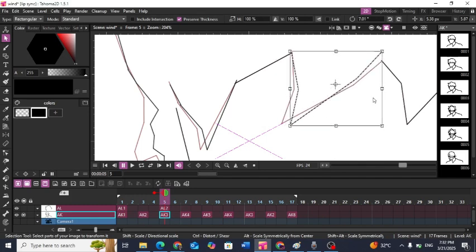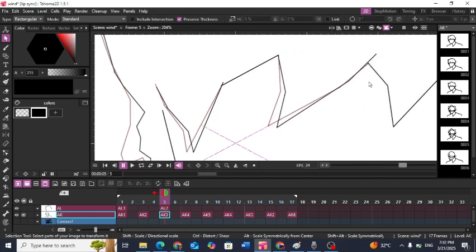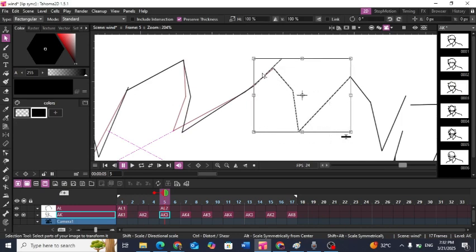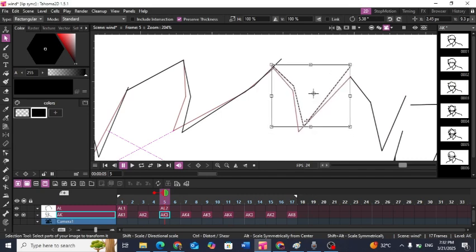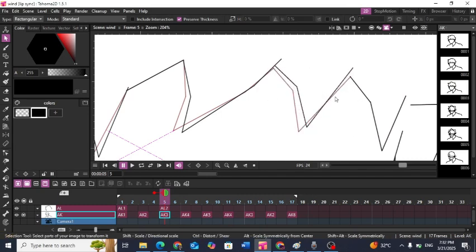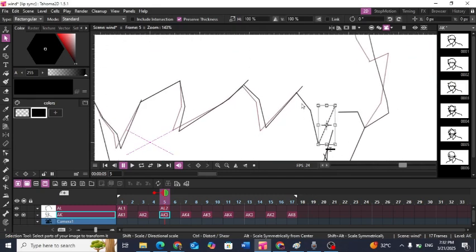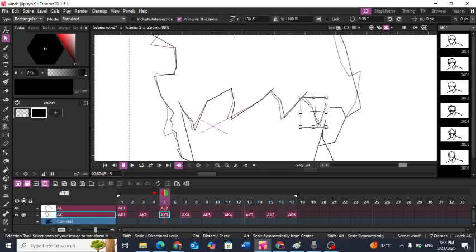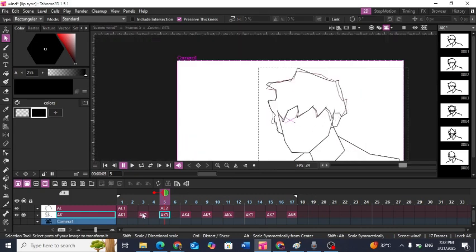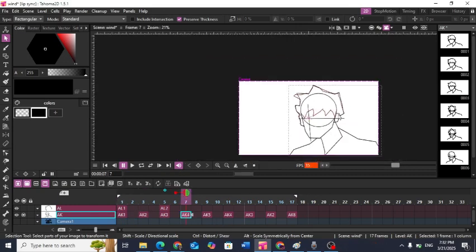Move the curls more. Okay, now we go to the next frame and then